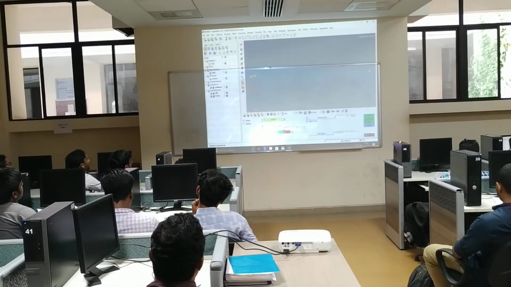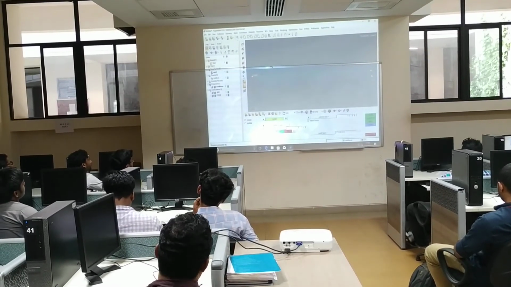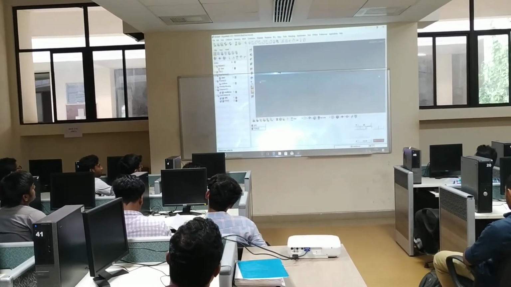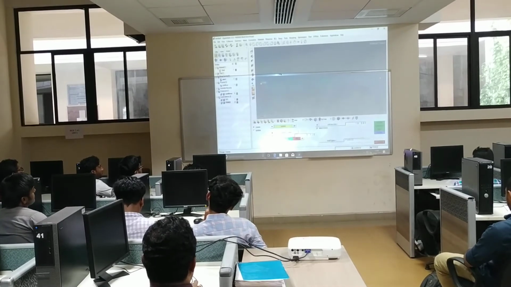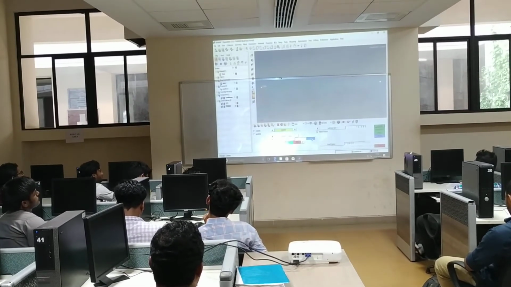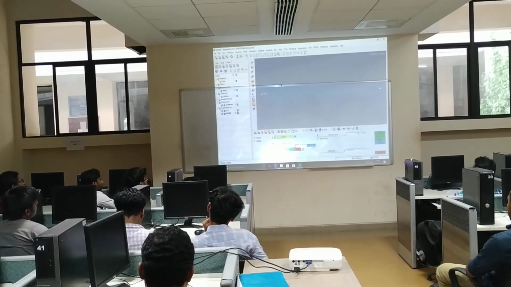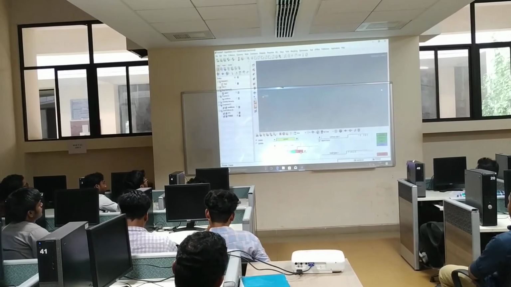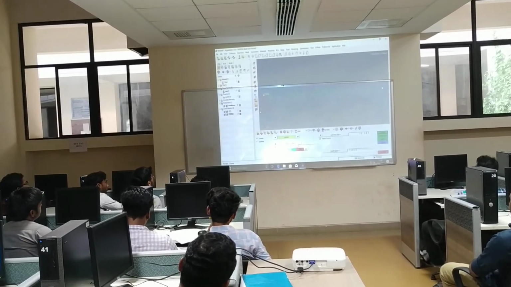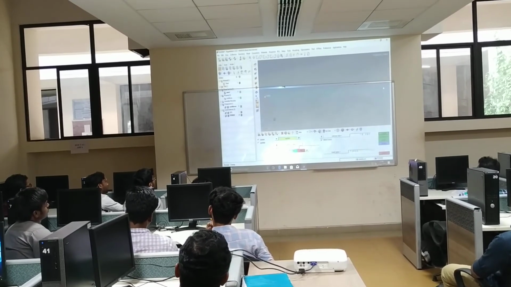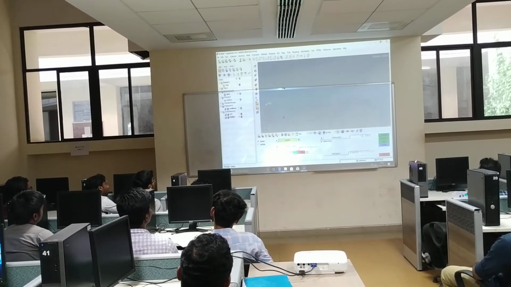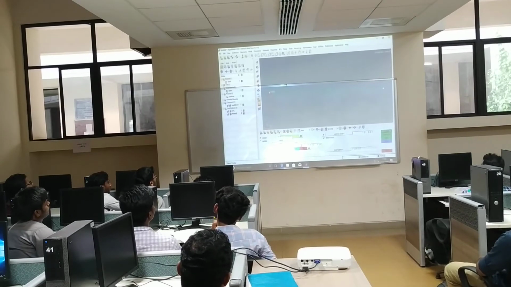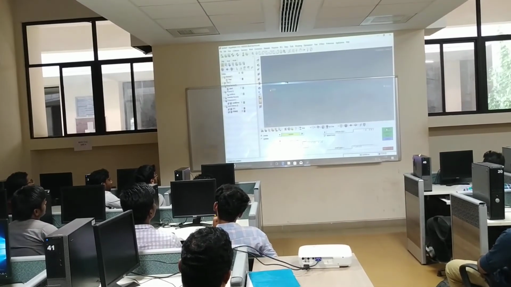You have to give the force. Before selecting the node and giving the force, the current component will be what? Force. Select force, then select the node. How much value do I have to give? I am giving 30,000. Then which direction do I have to give? This is showing the directions. See here, Y is the upward axis, this direction. Z is towards you, I think. So which axis do I have to select? Select the Y axis. Then after that, create.